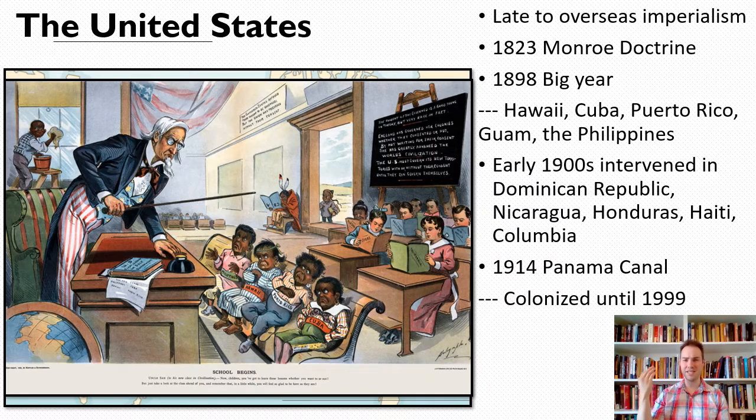In the back, you have the Chinese that have been excluded. You have a Native American who's got his book upside down. You got a black kid cleaning the windows. Right, so it shows all the racist tropes going on in the U.S. at this time in a critical way, right? This is an argument maybe against the mainstream imperialist narrative that we could go to these places and fix them and stuff like this, or it's at least doing some kind of ironic, political statement about that. But the U.S. was definitely part of this imperial process.